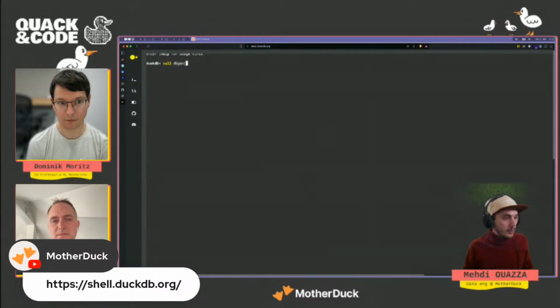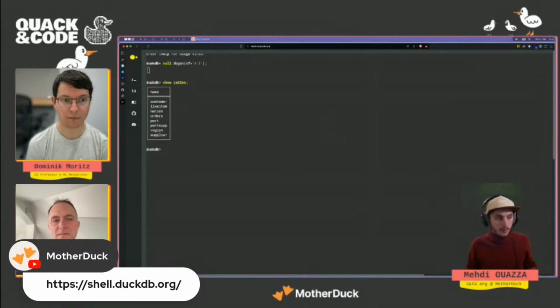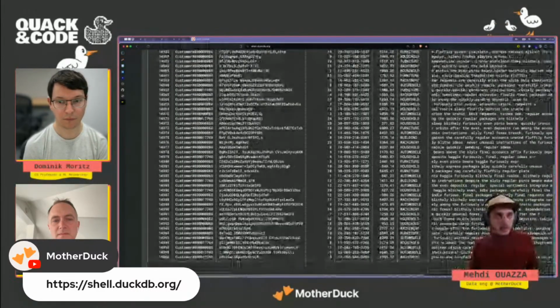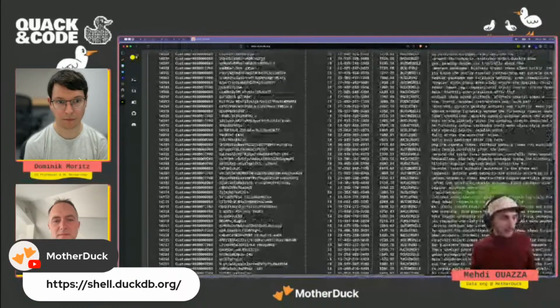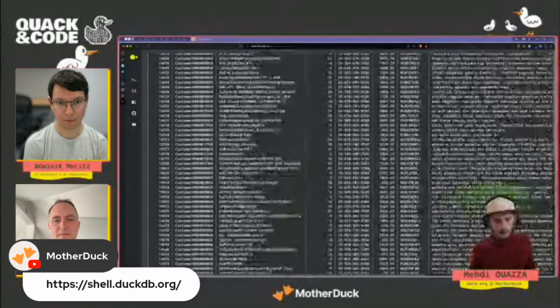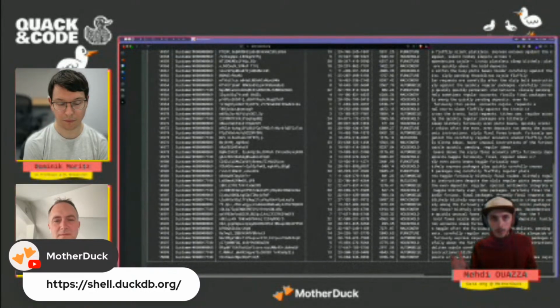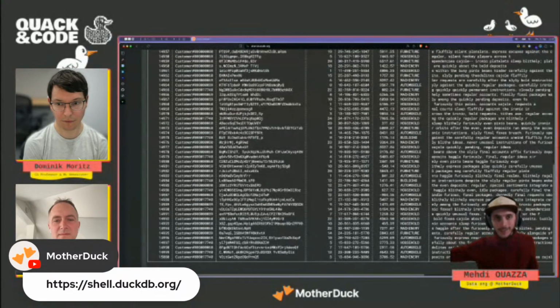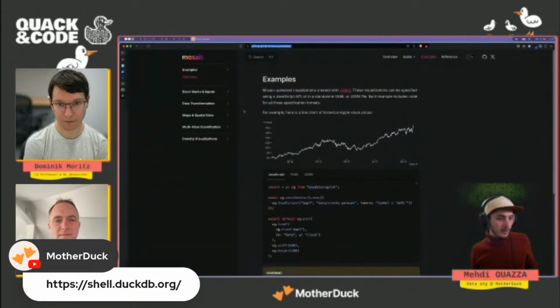If you, for example, generate simple data sets, I'm just calling dbgen, which generates some tables, and now I have some tables here to query over there. Everything is happening in the browser thanks to DuckDB WASM. And as you could see, it's already quite some data, and everything was super fast because there is no inbound traffic to any remote server. So now, going back to